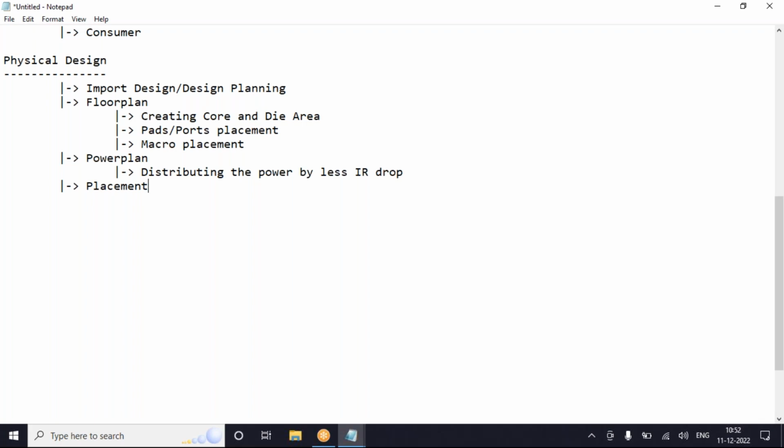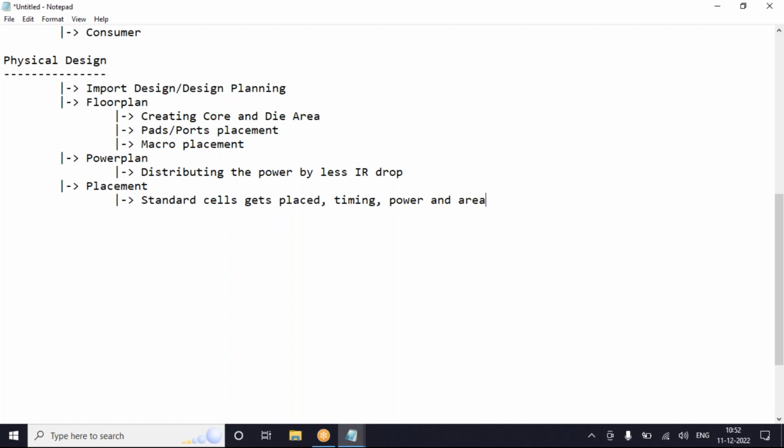That means your standard cells are going to be placed here. So coming to this particular placement of standard cells, it's placed. While placing these standard cells, we need to observe timing, power, and area.